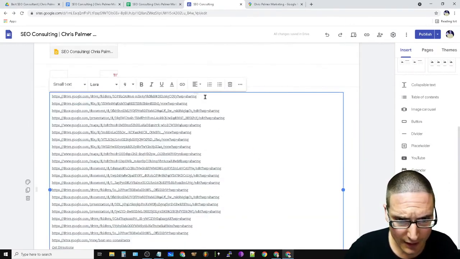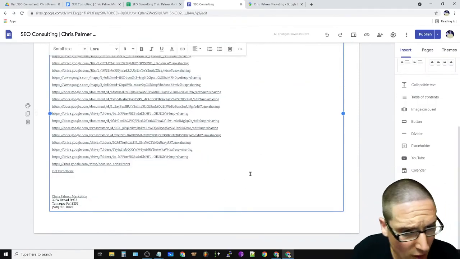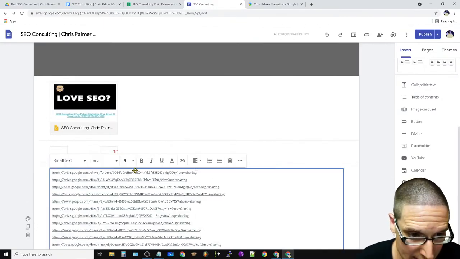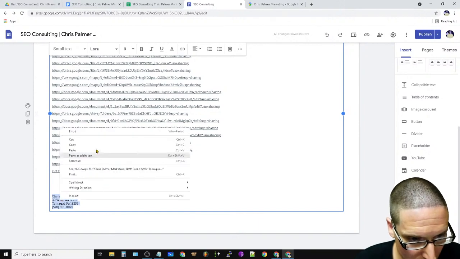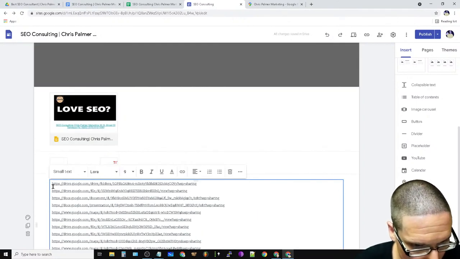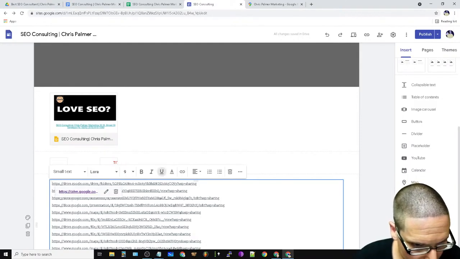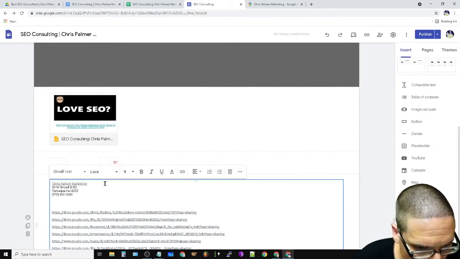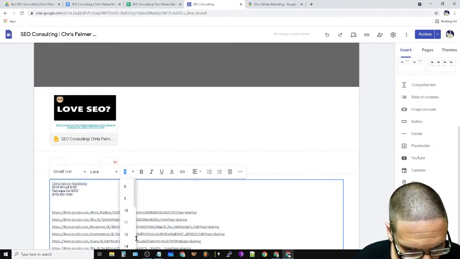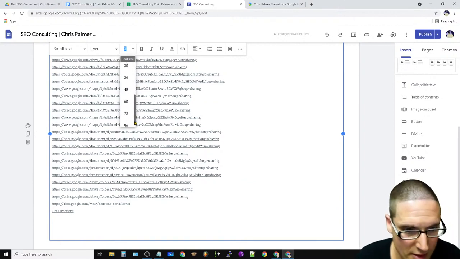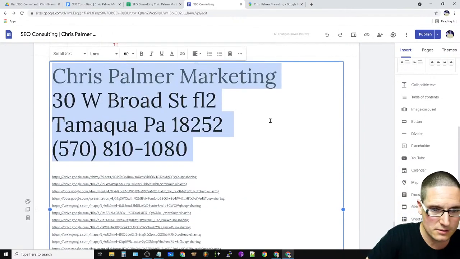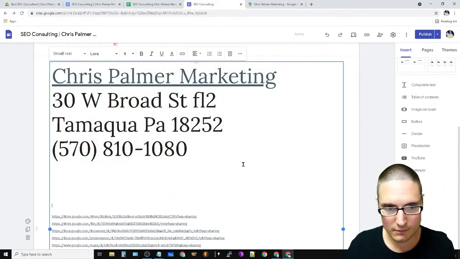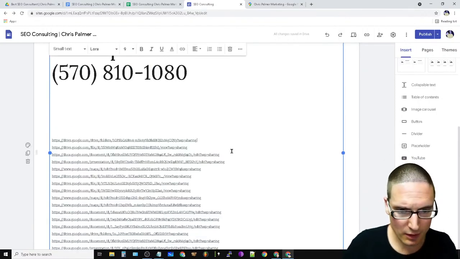Inside of here, we've gone ahead and taken all of our file folders that are meaningful, and then we also have our NAP details. So what we want to do is go ahead and cut this out, okay? And what I'm going to do is make this big, because it's the last thing on the page. We don't necessarily want humans to find these links, but I need them on the page, okay? So you can even make them smaller if you want.